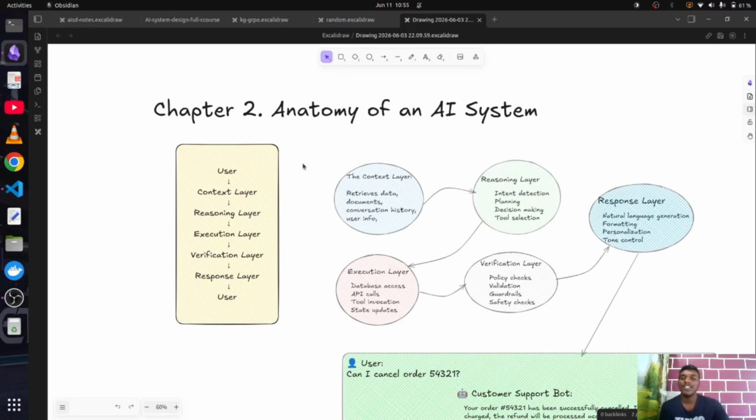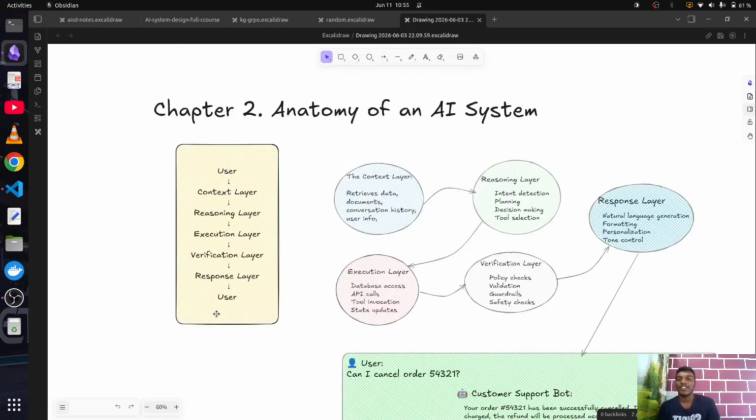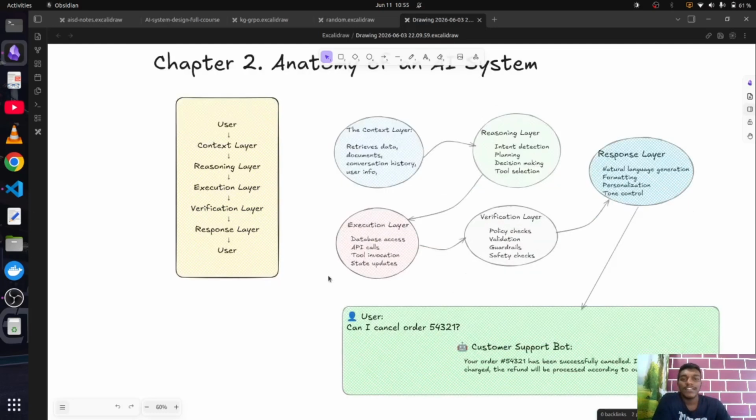So this is basically the overview of what we're going to do. We're going to discuss the skeleton, and we are also going to see a code example so we can understand it properly. And maybe we'll also have a full end-to-end chatbot discussed in this chapter, so that you have a basic idea, and we'll compare the anatomy of all the systems we have discussed so far. So that's it. We'll start with the anatomy.